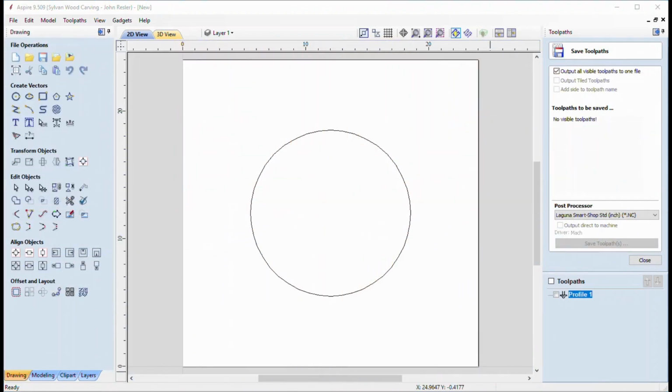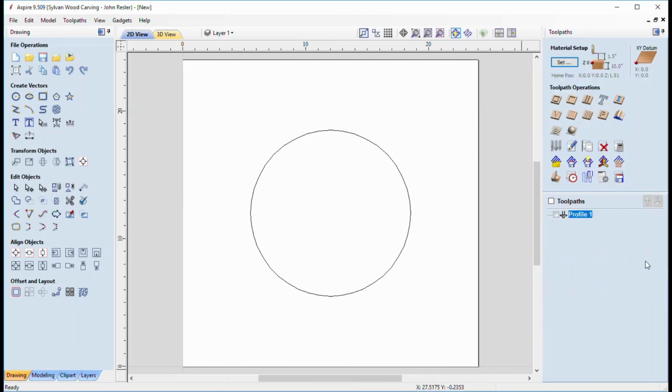Well, I've forgotten what trick number this is, but this is one of the cooler trick numbers. You can go out and you can find all sorts of router bits out there that may not be listed in anybody's tool libraries. So you're going to have to create them yourself. For the purposes of brevity, I'm not going to go through all the dimension creating and stuff. I'm just going to give you the 10,000 foot overview on how to add a tool to your tool database.